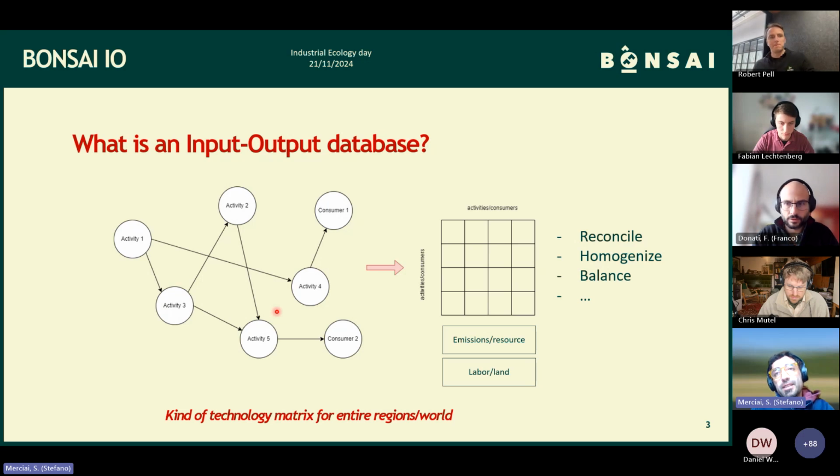If we organize this information that we have in a diagram into a matrix, where on the rows we have activities and on the columns consumers, we have an input-output table. If we also have exchanges with nature, we can have emissions and extraction of resources. We also have the input of a primary factor that can be labor, land, capital. So you can think about an input-output table as a big